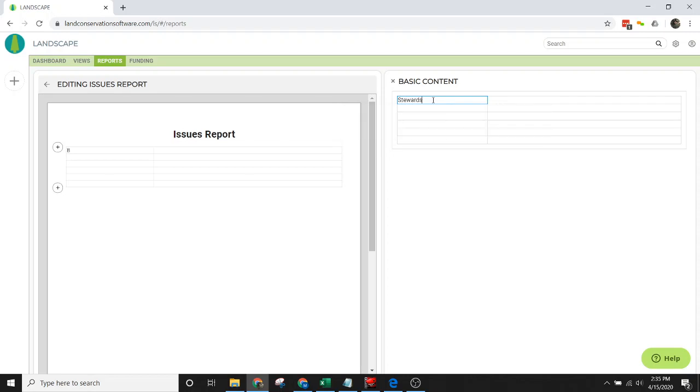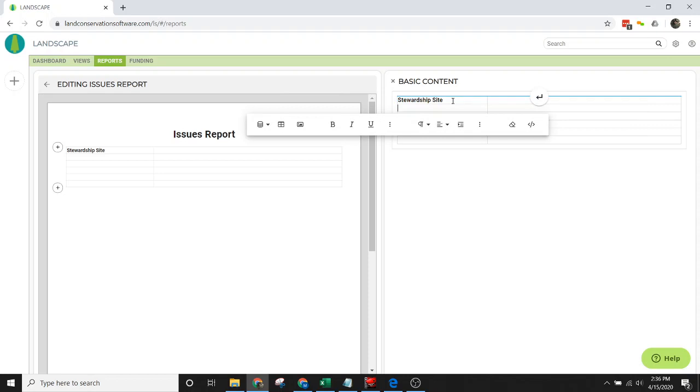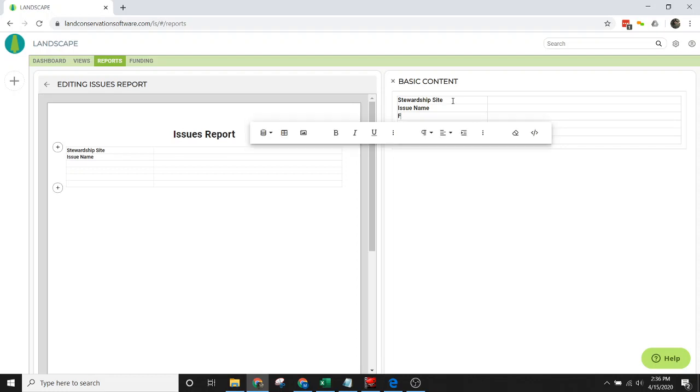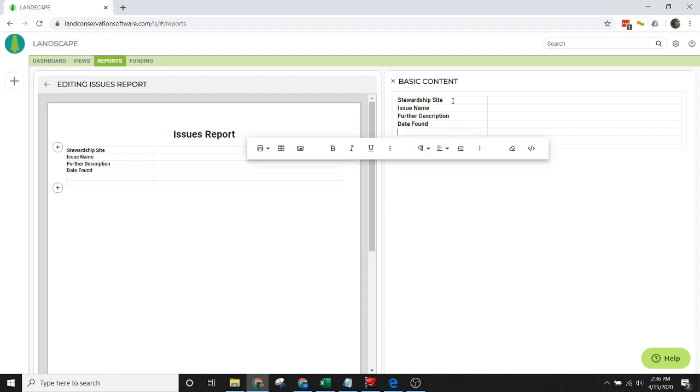We're going to start with stewardship site. And then pro tip, you can just click tab to move over. But actually I want this to be bold, so let's make that bold. Great. So I'm going to click tab, go down, and enter issue name, and I made it bold by pressing Control B. So I'm going to do that again. I'm going to say further description, and this is the most riveting part of the video. Date reported